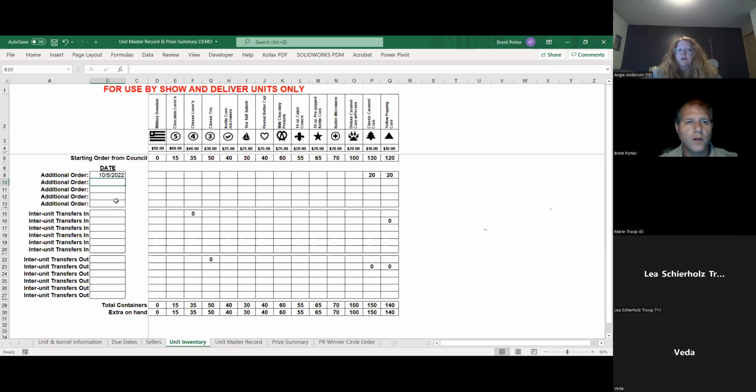Okay. One thing we're really going to try and get people to do is using the Facebook page. We have unit transfers available. Talk to another unit. If they have extra of what you need, transfer with them. It doesn't go against your total numbers as far as what you can return to the council, but it still gets you the product that you need without possibly being stuck with something. We'll talk about that here in just a minute.